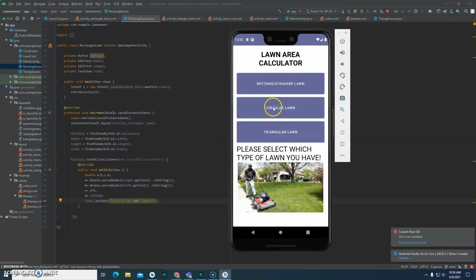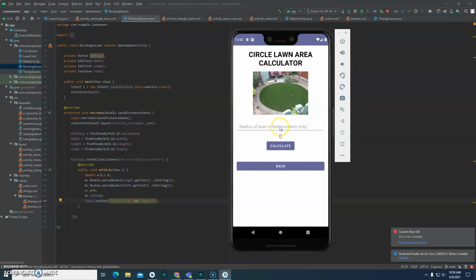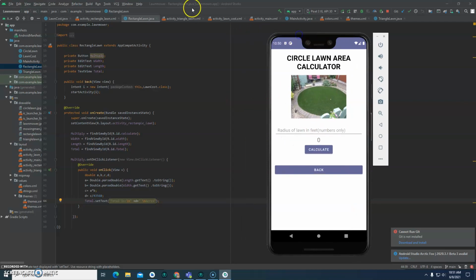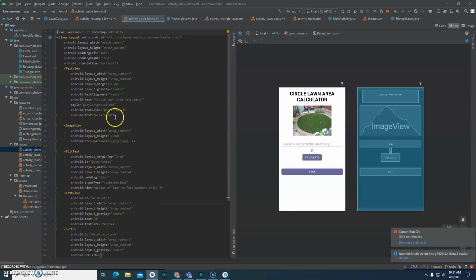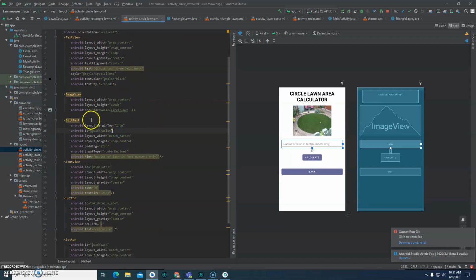We go back, we can go to circular lawn. This is in radius. Let's check it out in our code first, so we get a better understanding. So we go to circle. This is how it looks, and we can check out what we've done. We have one edit text view. This is the same as the other one, number decimal. And if we go to check out the code,